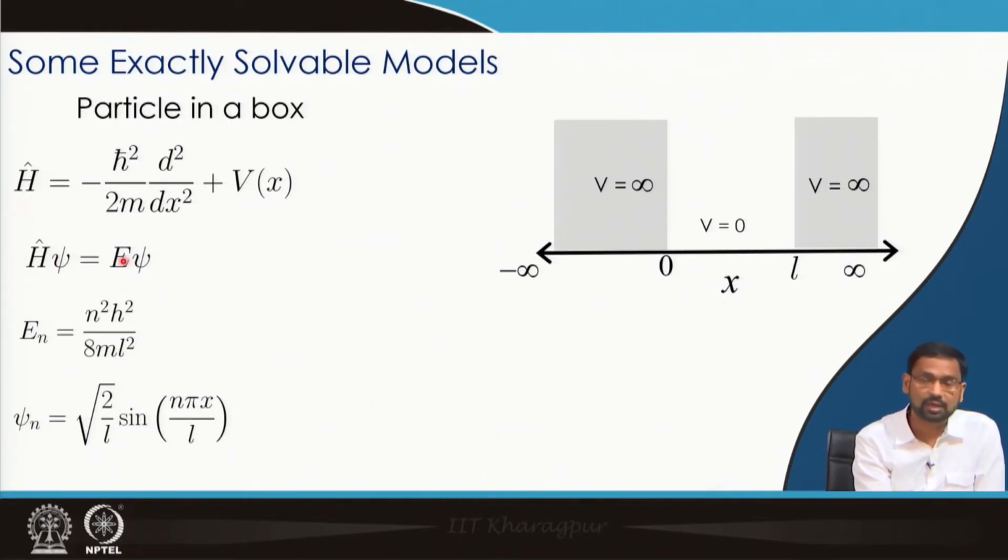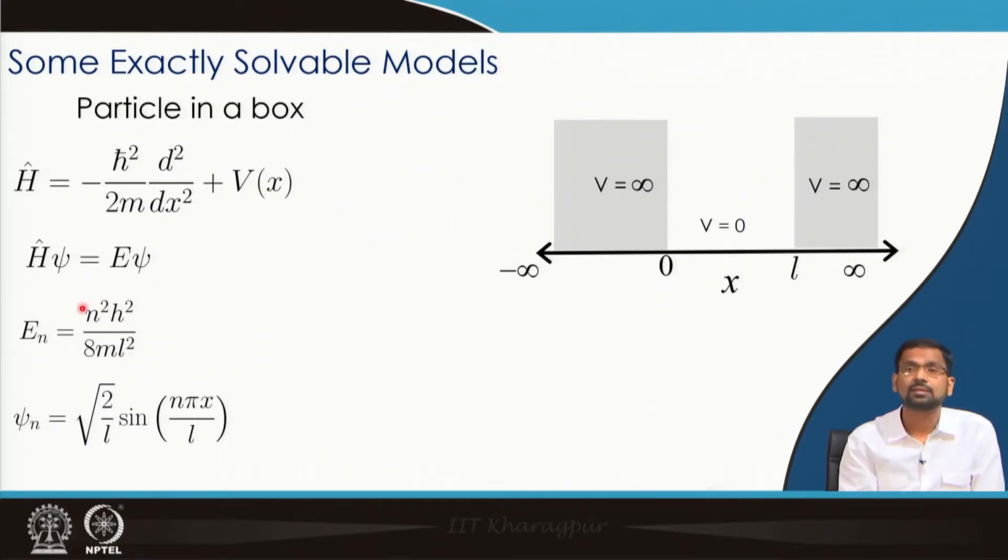Now, if you write this down, I am sure you have already solved it in your first quantum mechanics lecture. You would see that I would end up getting a second order homogeneous differential equation, and its solution is pretty straightforward. We are not going to do the solution of this particle in a box, rather we are going to use the results, that means the eigenvalues, that is energies, and the wave functions. So, you know this, the energy comes out as n square h square divided by 8 m L square, where m is the mass of the particle, L is the length of the box, h is the Planck's constant,